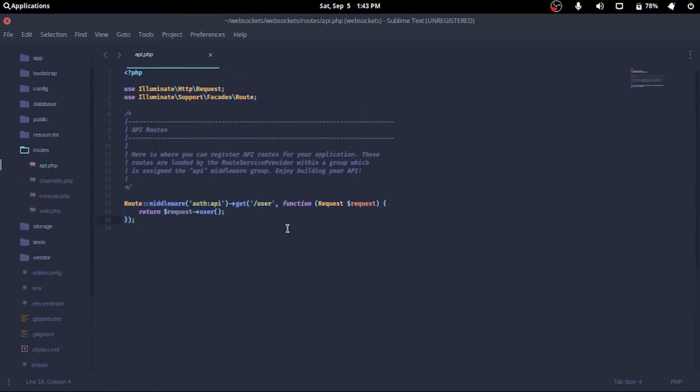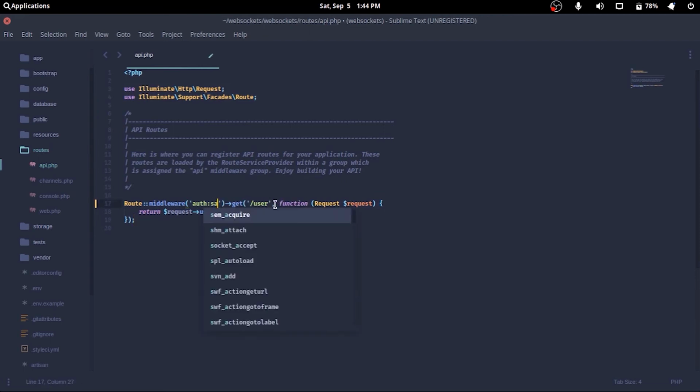Since we've committed to use Laravel Sanctum, our new middleware for API shall be auth:sanctum instead of auth:api.